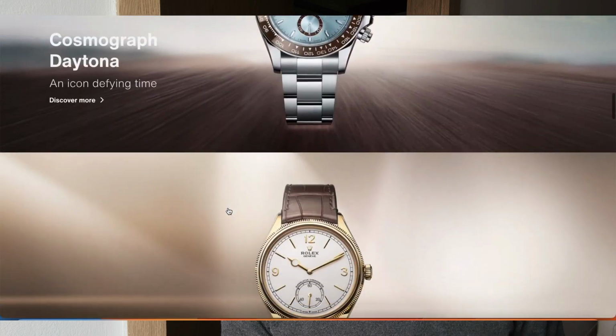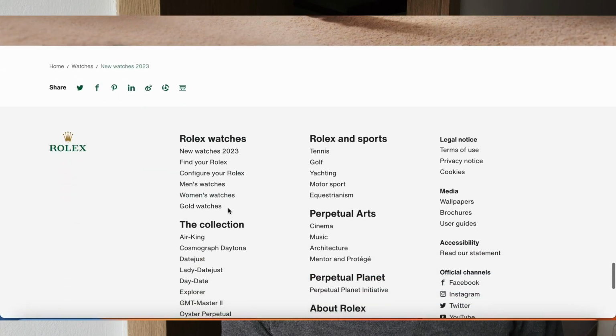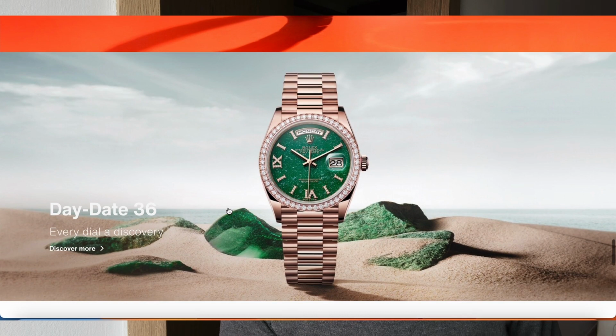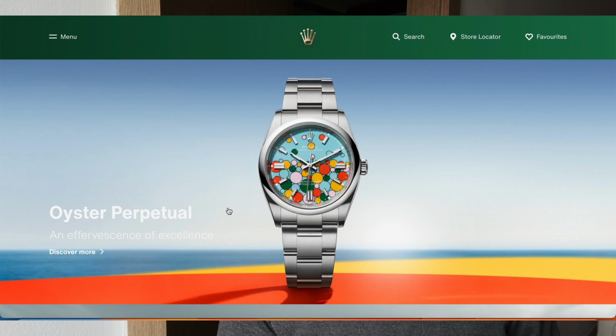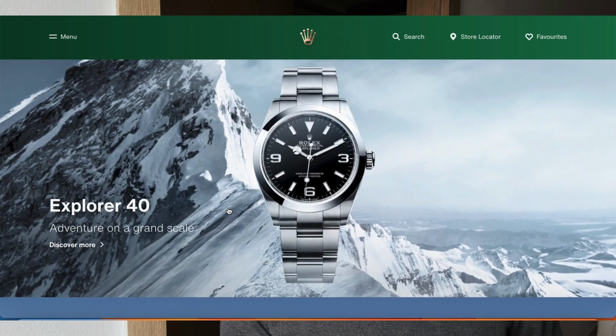New watches. Have we covered it all? Yeah, we did. So we have new colors and decorative stones on Day-Dates. Crazy OP, Oyster Perpetual. This is gonna be on producer Michael's wrist very soon. I love the Explorer 40. It's back in the normal size, because 36 is a great size for someone, but for someone it's not. And this is just a perfect watch to be in a